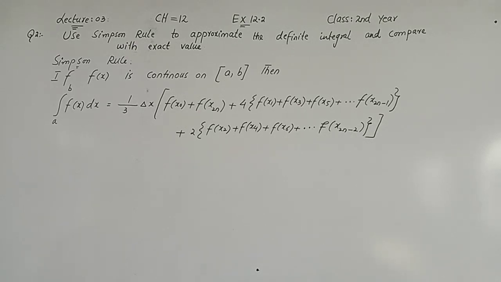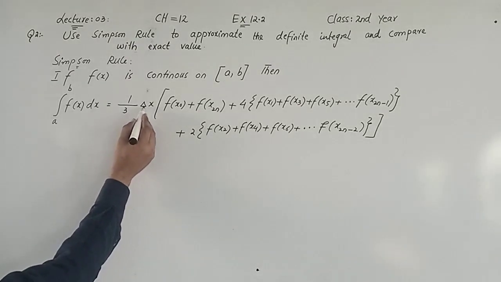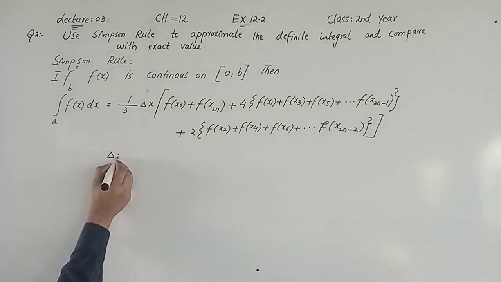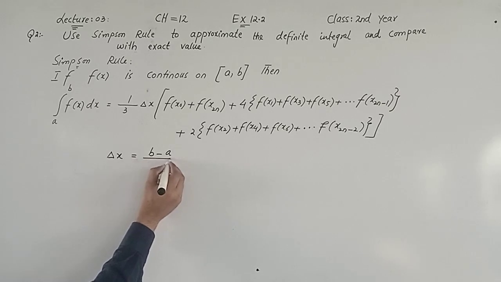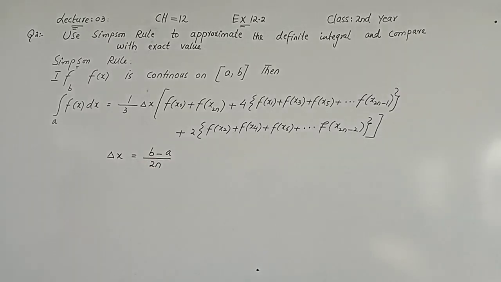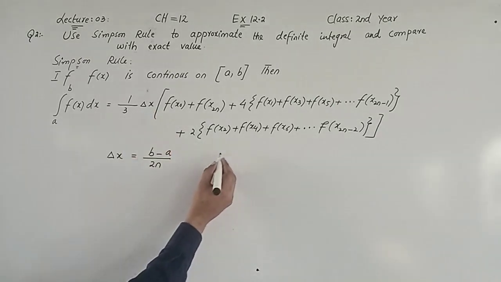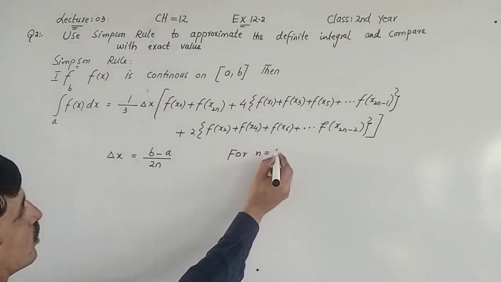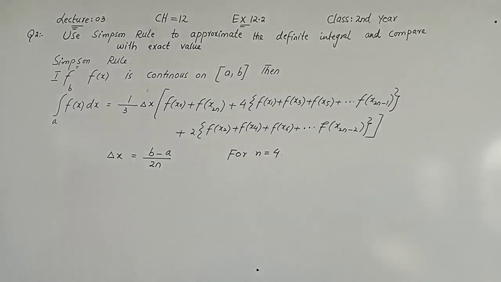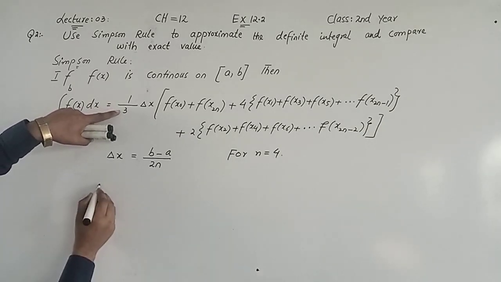देखिए यहाँ पे डेल x हमारे पास है डेल x इज इक्वल टू b माइनस a डिवाइड बाय 2n. फॉर एग्जाम्पल f n is equal to 4, Simpson rule becomes 1 divided by 3